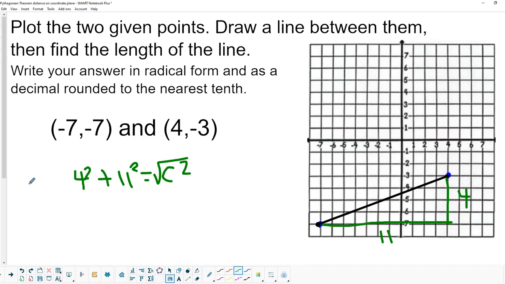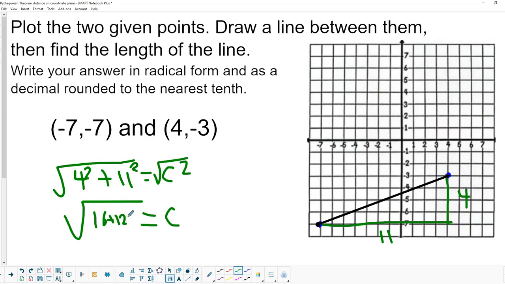And if I take the square root of both sides, we end up with c equals. Well, first of all, we got to put it in radical form. So 16 plus 121, which would be 137. So the square root of 137,